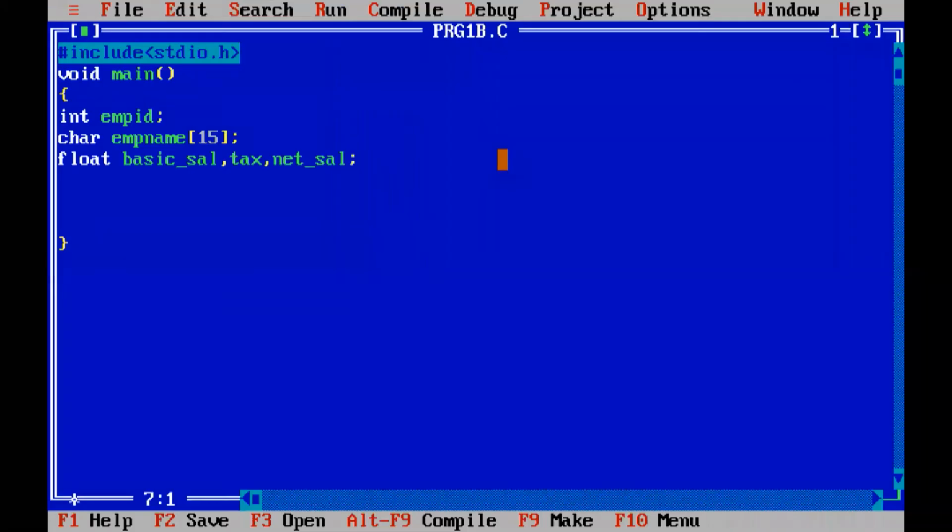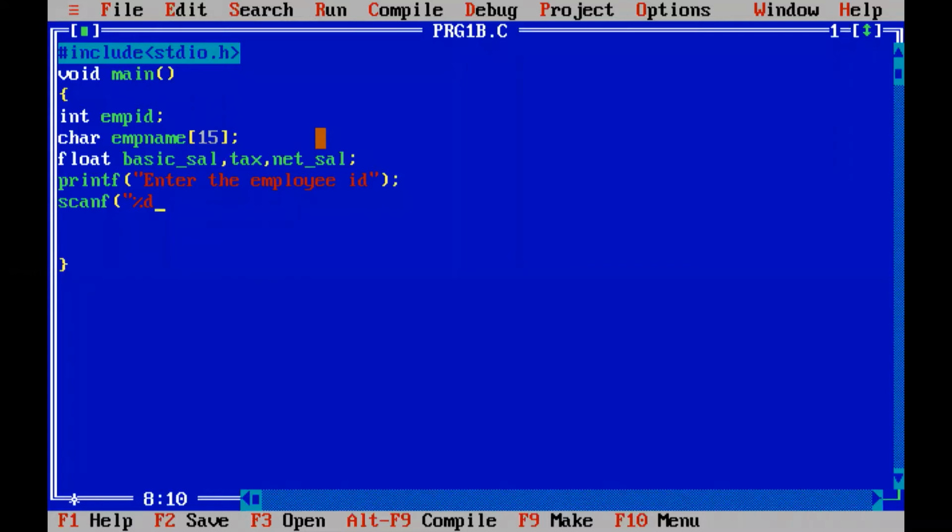Now to accept, what we have to do first, we have to ask the user to enter, right? Printf enter the employee ID. So all are listening. All are quiet. So asking the user to enter the employee ID. Then using scanf, what we are going to do? All are listening, right?